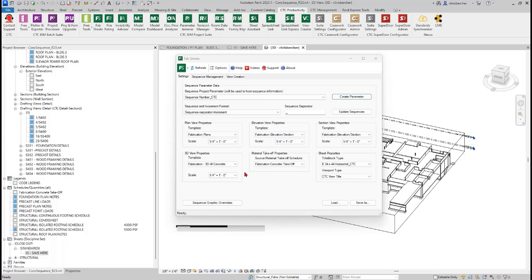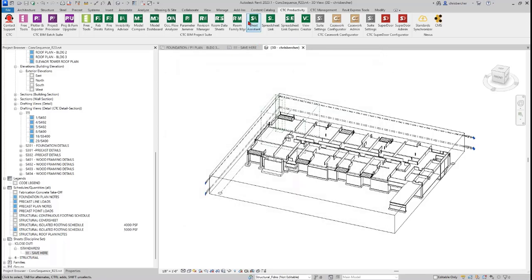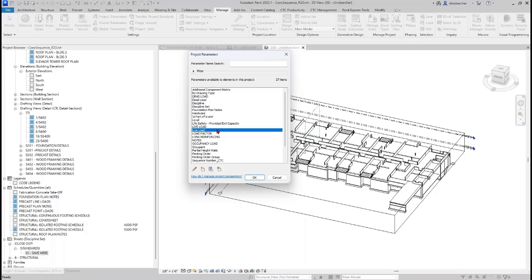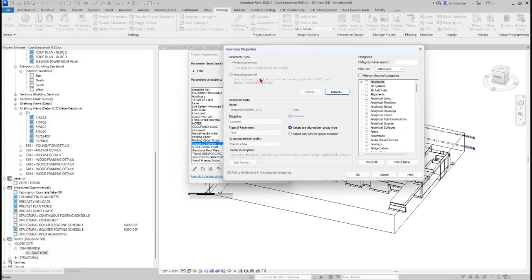So before I take any more steps moving forward, I'm going to close this out, and we're going to go check that out real quick, just to make sure everything that we want to talk about today is included in that parameter. So I'm going to go ahead and close this out, and we're going to go review the default setup for the parameter itself. If I open up my project parameters here, and we scroll down and check out the sequence number CTC, which is what I called it, and I edit this, you'll see that